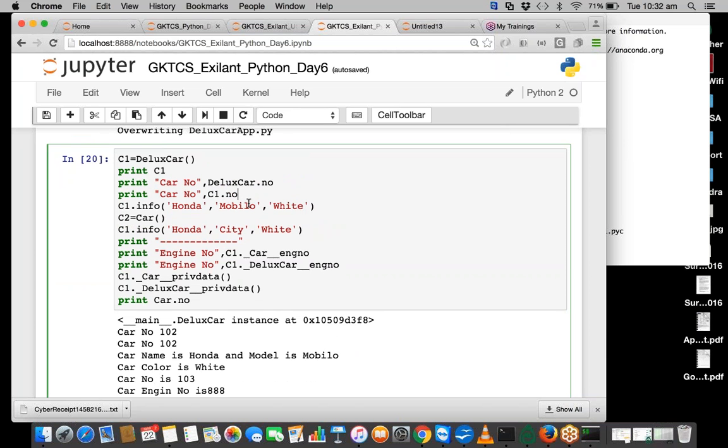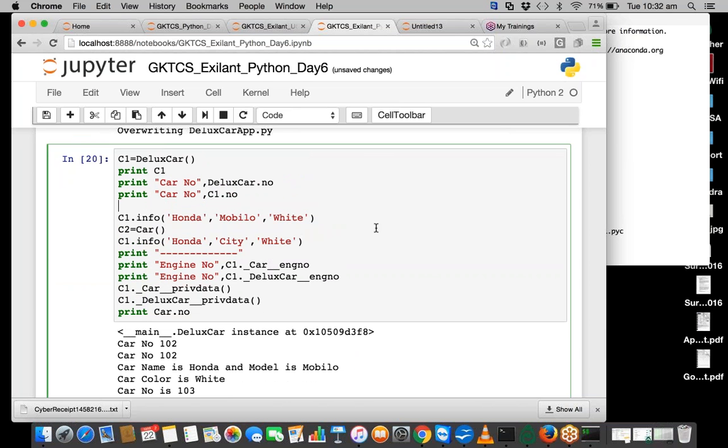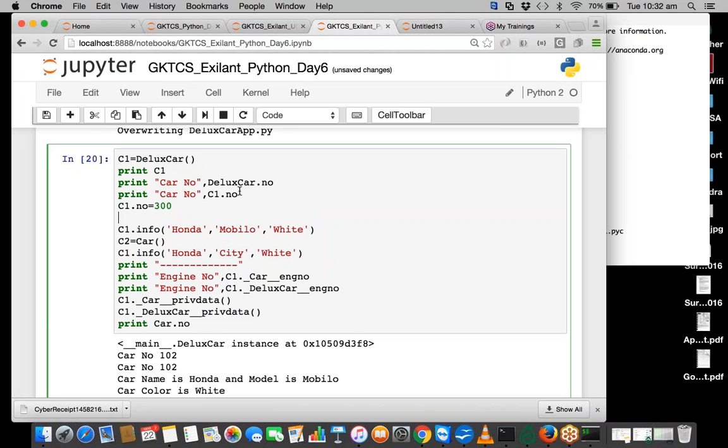It means you are getting the number, the get attribute. So here get attribute is there, right? Now if I say c1 dot number is equal to 300, and if I print this,